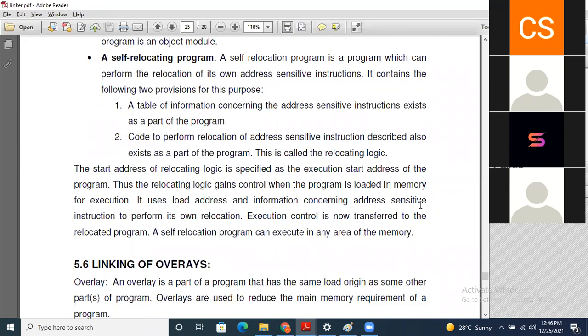Thus the relocating logic gets control over the program loaded in main memory for execution. It uses the load address and information concerning address sensitive instructions to perform its own relocation, so this self-relocating program can execute in any area of memory.